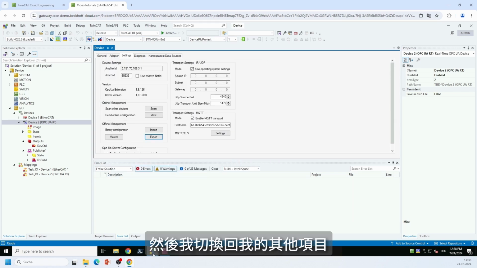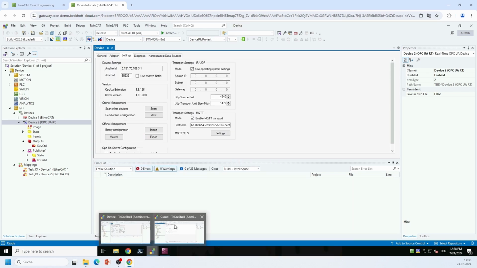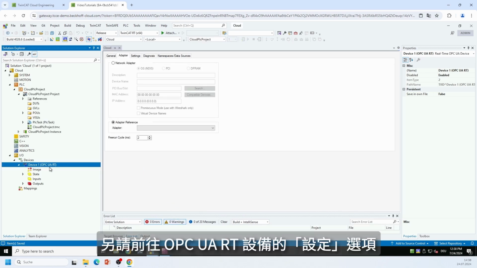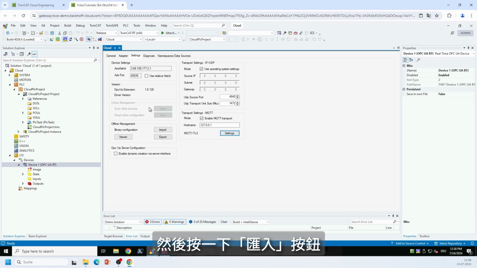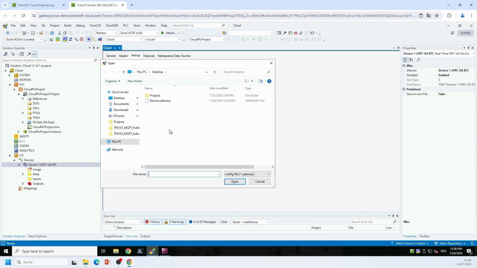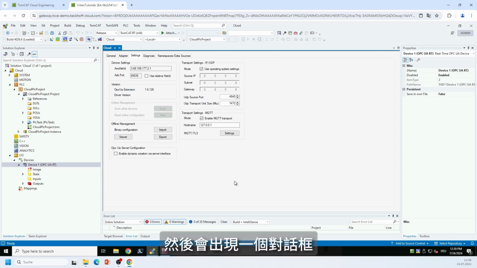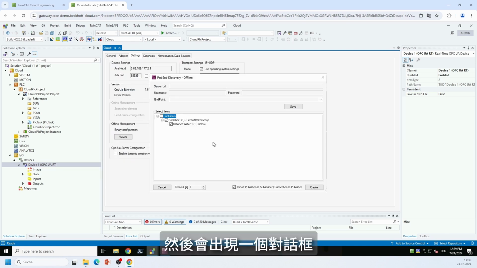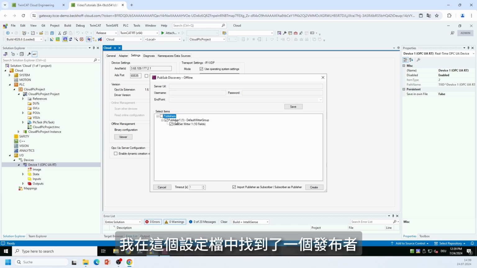And then I switch back to my other project. Also go to the OPC UA RT device, to the settings tab, and click on the import button. I select the configuration file and I will then be presented with a dialog that shows me what's inside of this configuration file. And the dialog says, okay, I have found a publisher in this